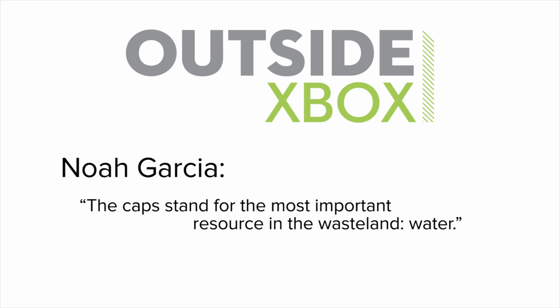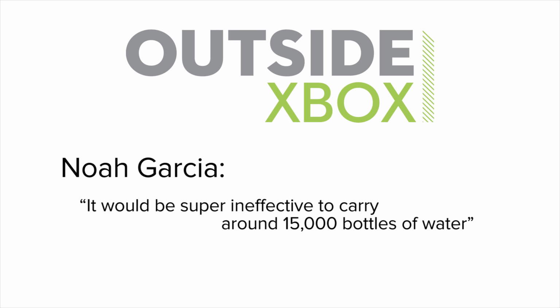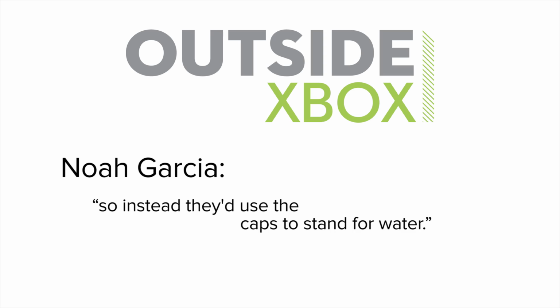And Noah Garcia points out, the caps stand for the most important resource in the wasteland, water. "It would be super ineffective to carry around 15,000 bottles of water, so instead they'd use the caps to stand for water." So they just left the bottles of water sitting around with no caps on. I'm not drinking that. Entire currency devalued. Nice job, wasteland traders. Finally this week, here are your comments on this video in which we stalked each other